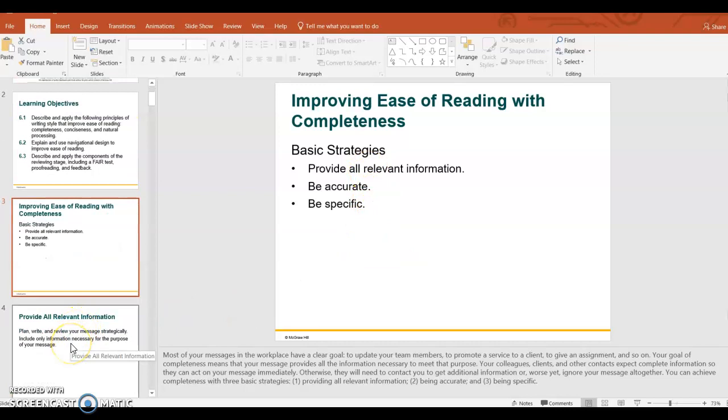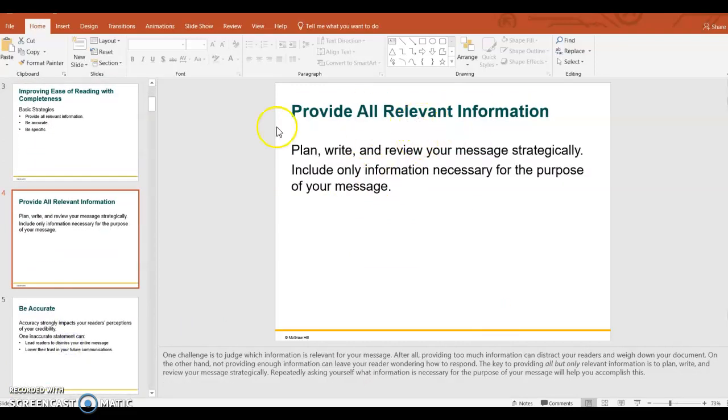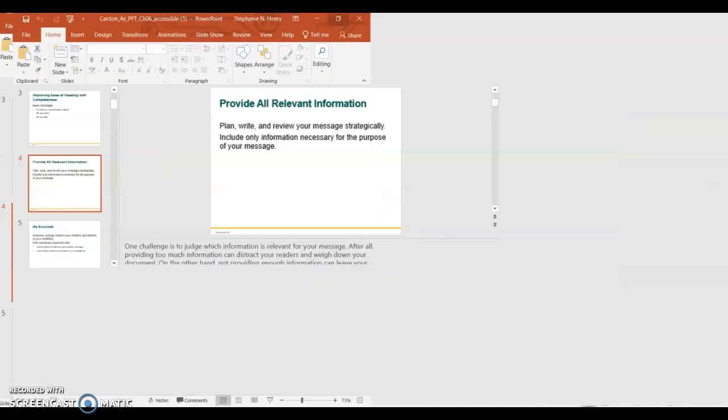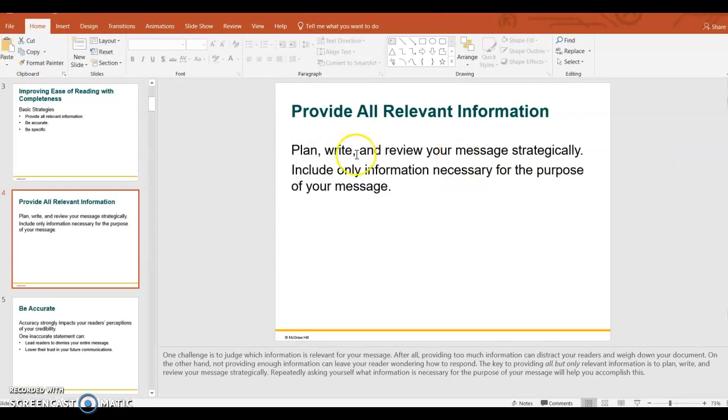And what I was trying to show is that in this chapter 6, it also, again, advises us to use that plan, write, and review. That is the exact same process that's highlighted in chapter 6. So just keep that in mind. It's the same plan, write, and review for when you're writing the message and also when you are designing it